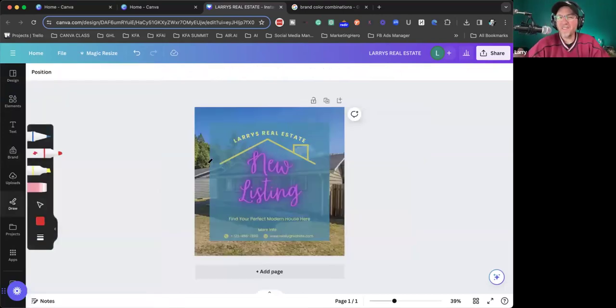Drawing. Okay. I'll show it to you really quick, but I don't think this is a tool that a lot of people are going to use frequently. But it's just a simple drawing tool. So if you wanted to circle something on a specific listing or make it kind of look cool. Now, watch this. If I want to create a perfect circle, I'm never going to be able to create a perfect circle. But if I draw and hold, it creates a perfect circle for me. So you can see, just like the iPhone does this too. When you're editing, if you draw a circle and you hold before letting go, it turns it into a perfect